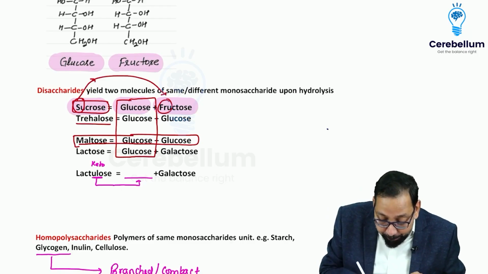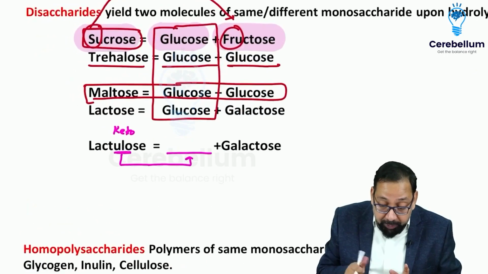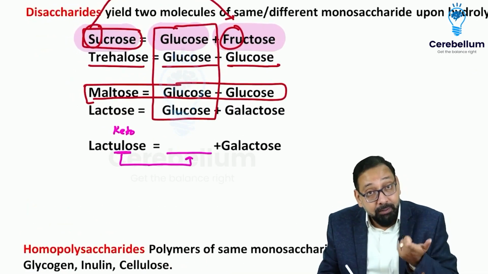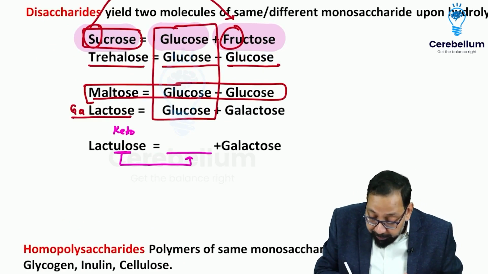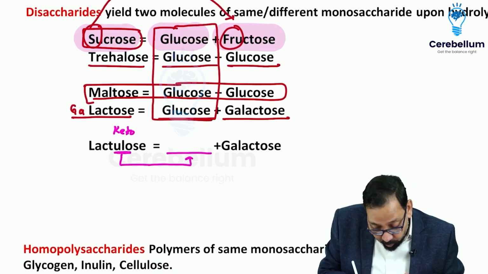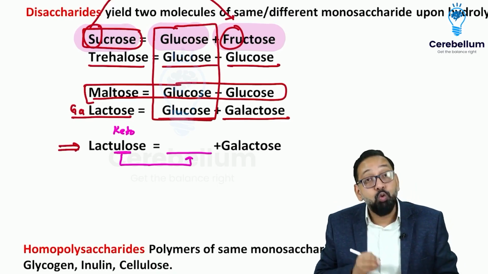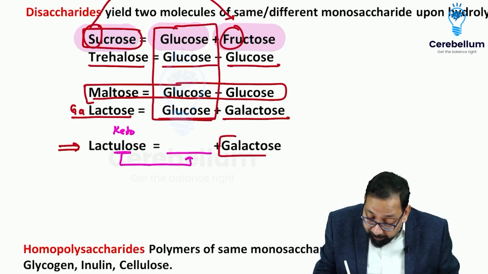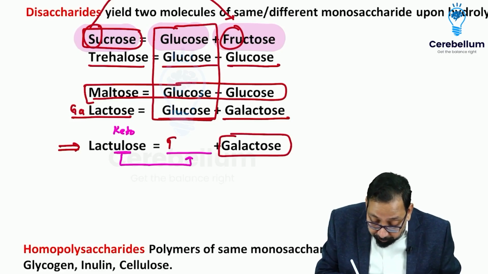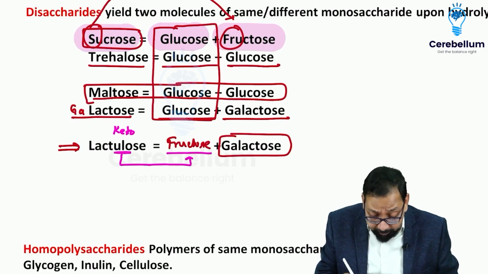Trehalose, again both units are glucose. Lactose, one unit is glucose. You have to find the other unit, just add Ga, galactose. So one unit is galactose, second unit is glucose. Now a recently asked question: lactulose, ulo means keto. So in lactulose, one unit is galactose, second unit is fructose. So girlfriend,